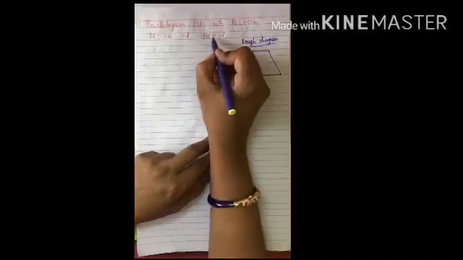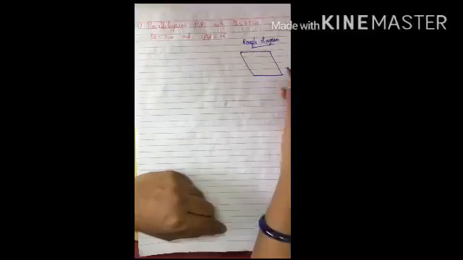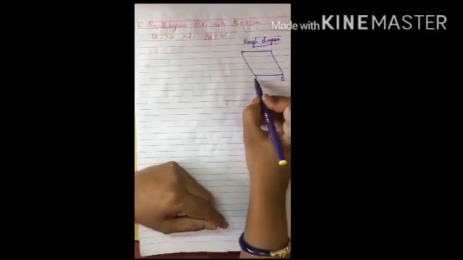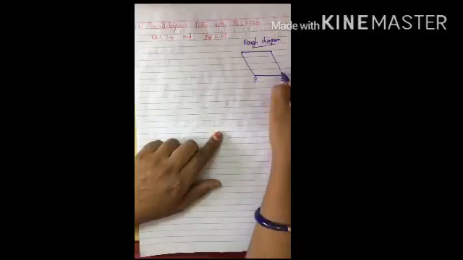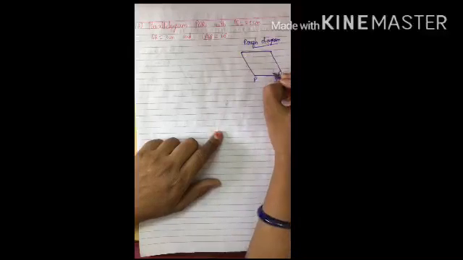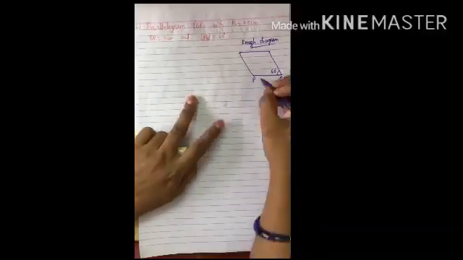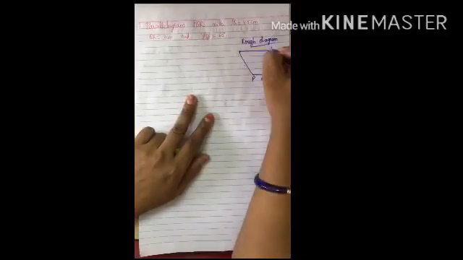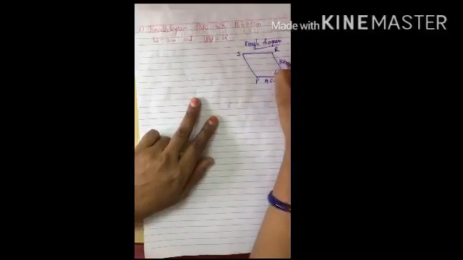Now angle PQR means what here? Angle Q. Vertex will be in the middle. So take PQ, I am writing as the base. Here you can write QRSP like that also, but Q should be on the baseline because the angle is given. So angle Q is given as 60. Next, what are the measurements given here? PQ 4.5 centimeters, this is R, this is S, and QR 3 centimeters is given.